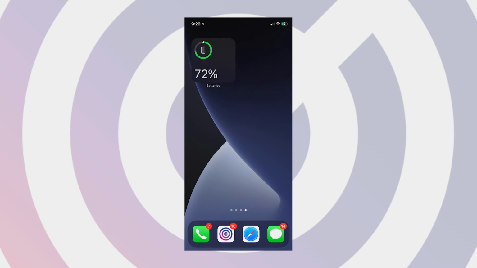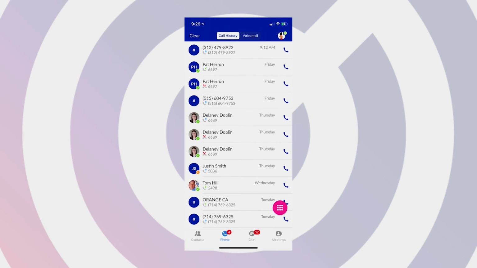In this video, we'll go through the Call When You See mobile app for iOS. We'll go through the dialer section in this video. So this already assumes that you've watched our overview video and you have the app downloaded already. And so we'll jump into the phone section of the Call When You See mobile app